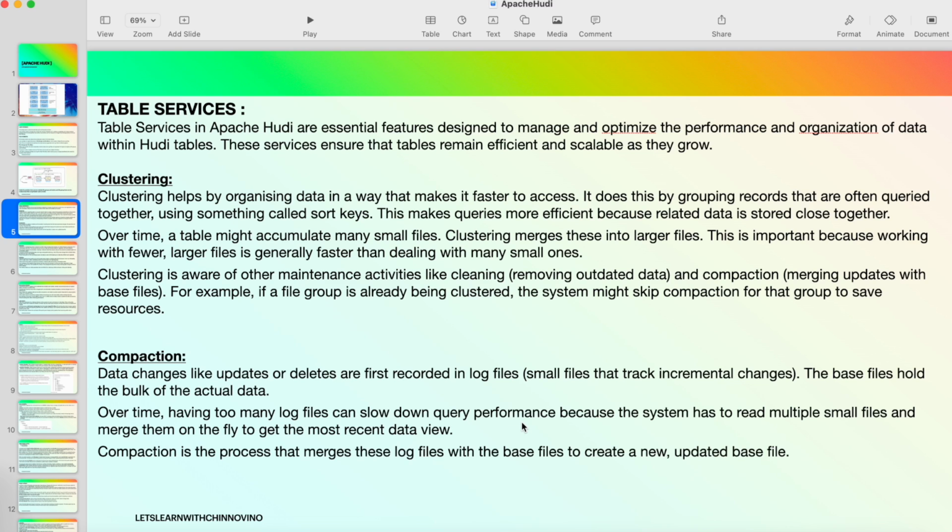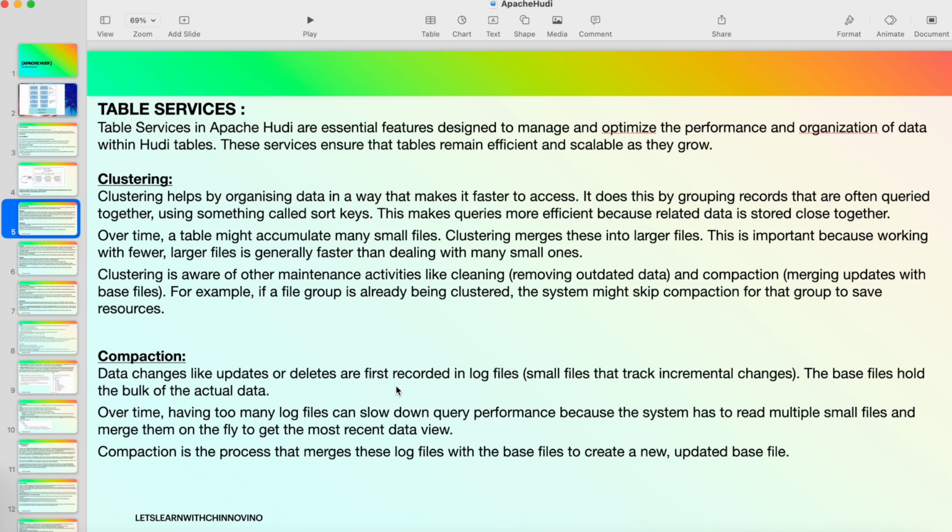So every time you query, it has to read the data file and it has to read the log file, and it has to calculate whether this so and so record is updated, or if the so and so record is an old record, or if the so and so record is deleted or not. Every time it has to read both the log file as well as the data file, so it can be time taking. So to avoid that, Hudi internally does compaction as well. Compaction is nothing but the log file and the actual data file being merged and made into a single